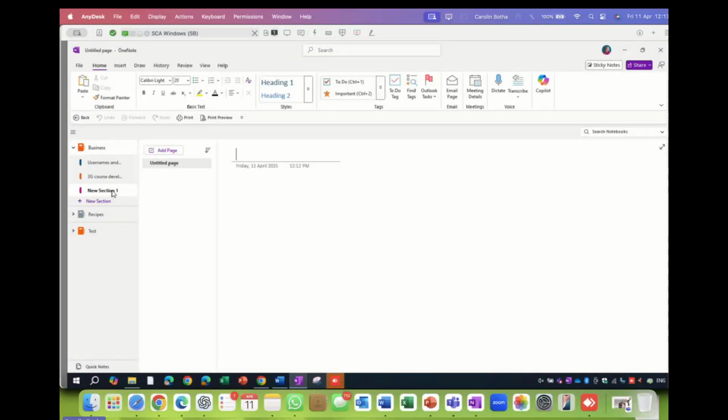Click on it, click again, or you can right click and then rename. And I'm going to rename this to the AI Vodacom masterclasses, the ones that we are busy with. Press enter. So now in my business notebook, I have 3 sections: usernames, the training, and this project.